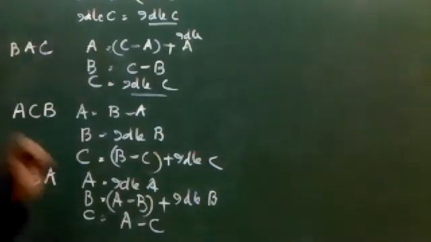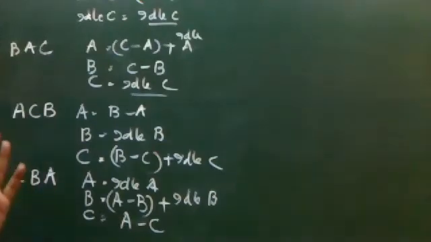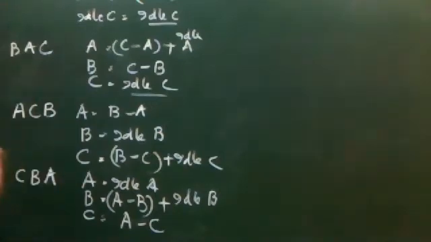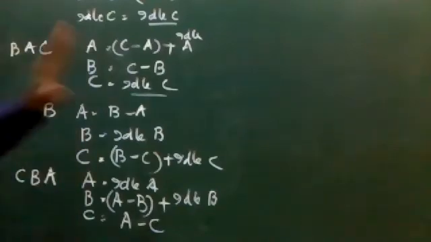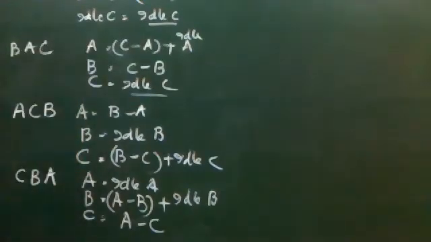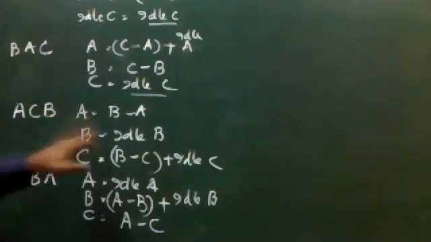What you are supposed to understand is that the entire three machine problem is irrespective of order, whether it is ABC, BAC, ACB, CBA, whichever order is given to you. The basic conditions and the Johnson rule have absolutely no changes. Only when you are calculating the total elapsed time, that means the second step, when you're putting the values in the table form, you should be particular about these formulas. Depending upon which order the problem is solved, the formula will change.